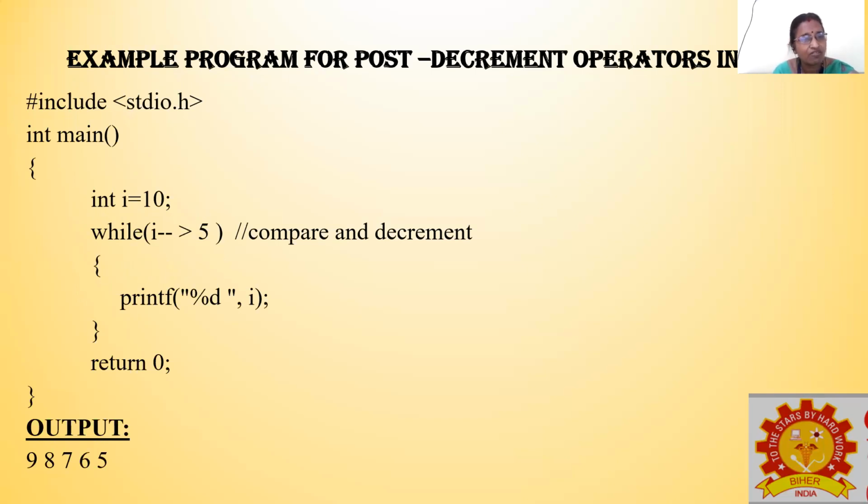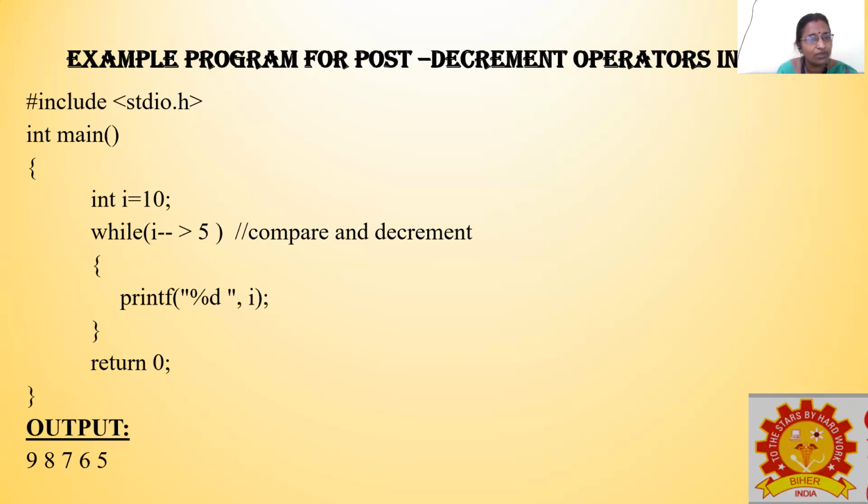What is I minus? As I told you, first assign the value, compare. First do the comparison operation. What is the relation operation here? Comparison. So first do the comparison operation, keep the value of I as such, and then do the decrement operation. See here, see the notation I minus. I minus means keep the I value as such, don't disturb the I value, and then start decrementing the I value.